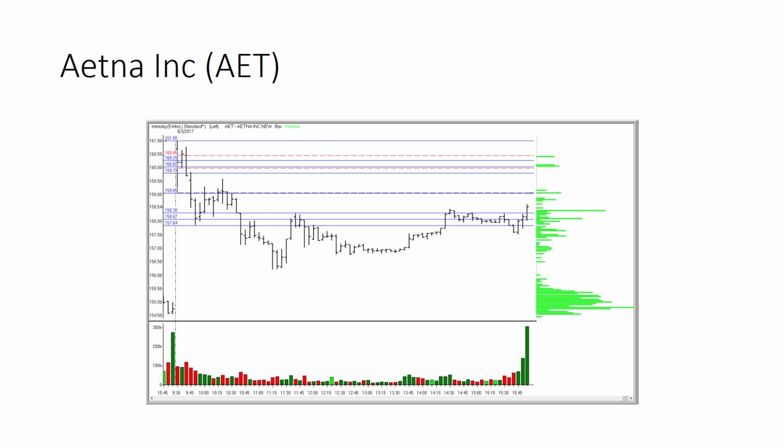157.84 made for a nice extension on this, but again, this all depends on how much time you're going to spend glued to this one symbol. I like very much the practice of bracketing something up and moving on to the next thing, just letting a trade sort of handle itself. But if you are looking for the extensions, my recommendation is to format your Fibonacci study with a 382, a 50, and a 618, and then a 1.382, 1.5, and 1.618. Those are the only values that I use in the Fibonacci studies that I plot for these opening gaps.